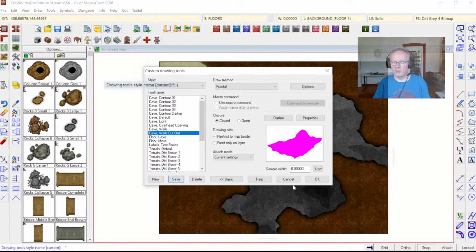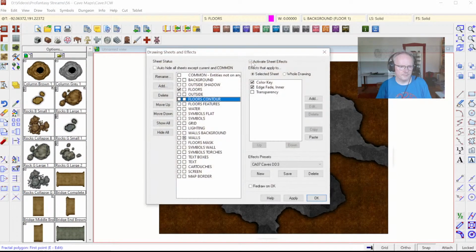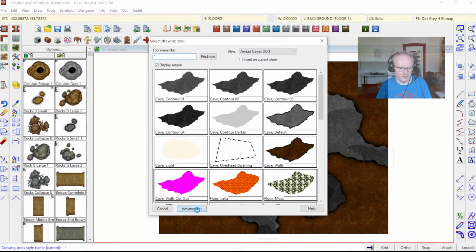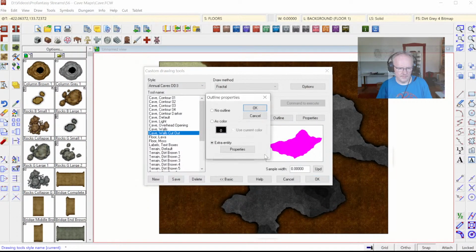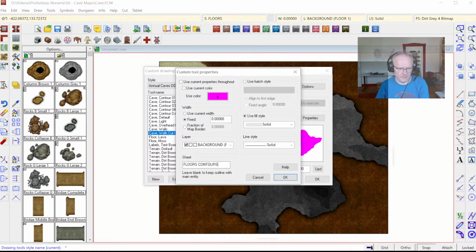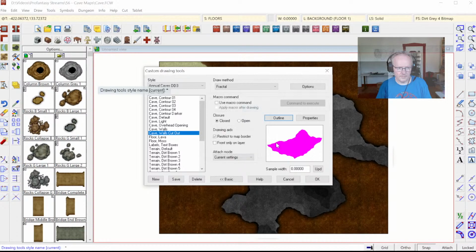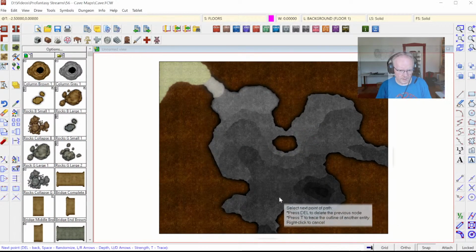That way we're going to create 2 copies of the same thing right at the same time. I use the tool that goes both on the floors sheet and the floors contours sheet. But I have to be careful. It's the floors contour, not contours. So I have to edit this and remove that S. So if we use the tool now, say here,